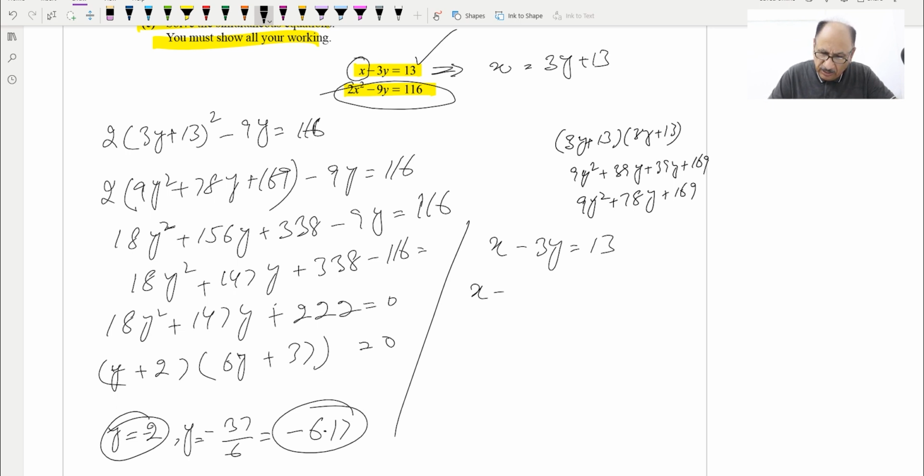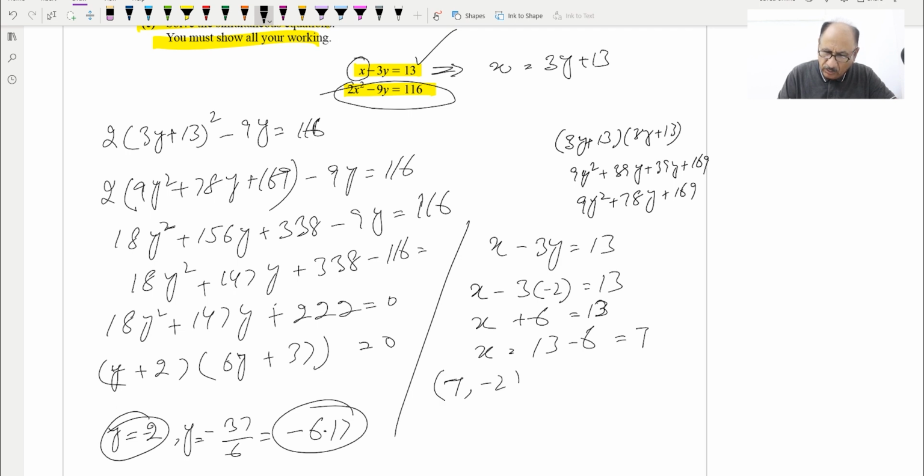So x minus 3 into first value, if we use minus 2, is equal to 13. So x plus 6 is equal to 13. So x is equal to 13 minus 6. 13 minus 6 will be what? X will be equal to 7. So one value will be 7 when we use x is equal to 7 and y is equal to minus 2. One point will be this one, and for the second value we can use x minus 3y is equal